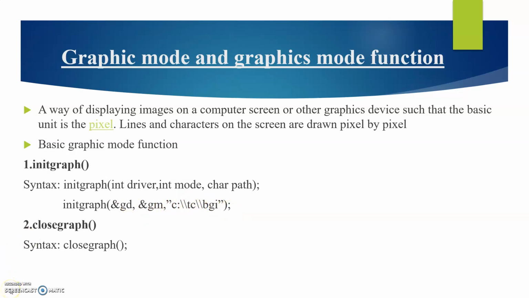The next graphics function is closegraph. Closegraph is used to close the graphics mode. When you exit from graphics mode, you should restore the system to the previous display mode. The closegraph function restores the previous display mode. If you do not use this function and still exit from graphics mode, the system gives some undesirable effects such as loss of cursor or odd characters. Syntax is closegraph(), open parenthesis and close parenthesis.